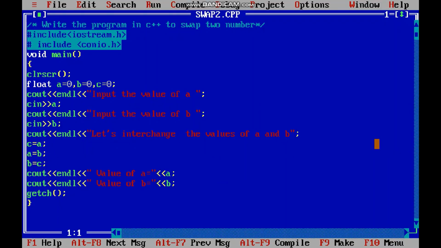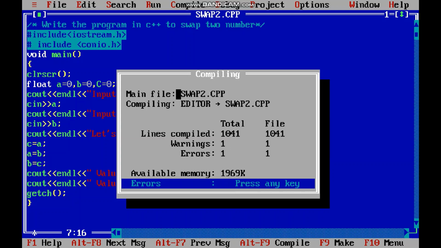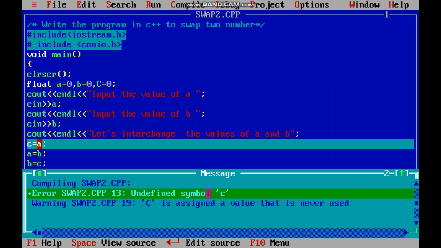So this way you can see how we can write the program. Now children, I'll show you why it is behaving differently with uppercase and lowercase. So I'm just typing here capital C. Now again I'm compiling this program, and now see, automatically it's showing the error, undefined symbol C here, because we have used this capital C and here I am using small c, so automatically it gives you the warning that c is assigned a value that is never used.